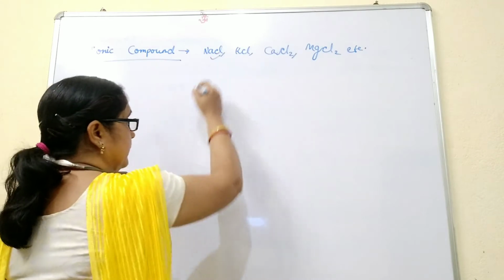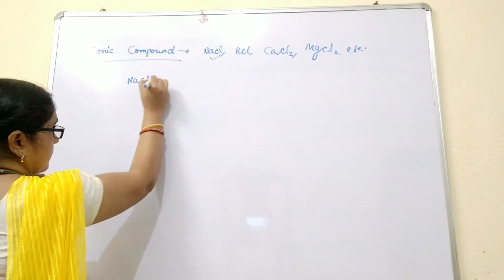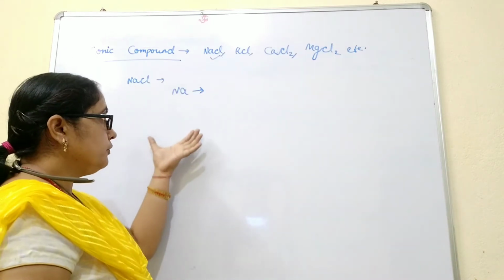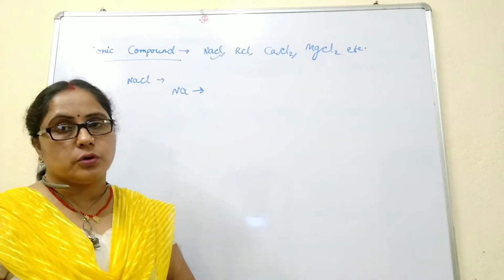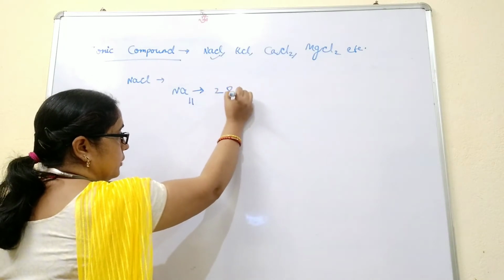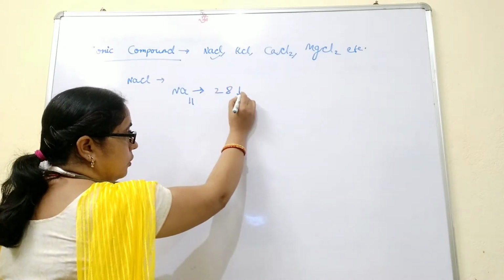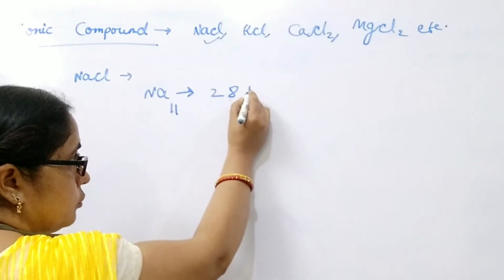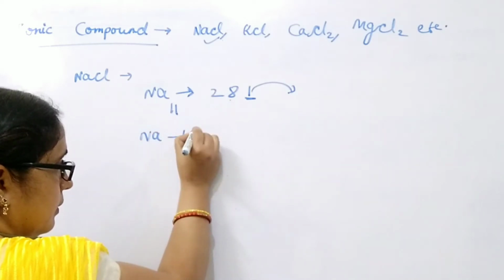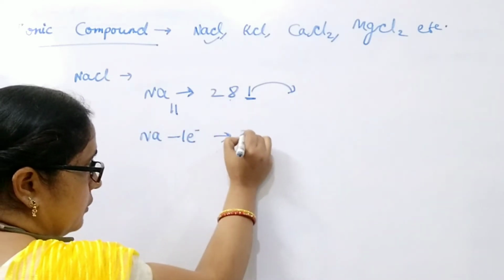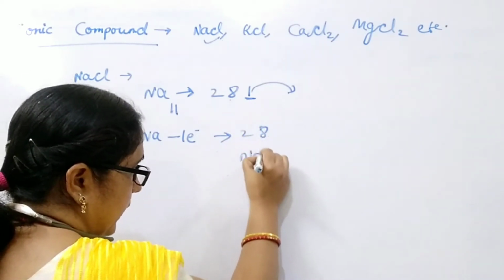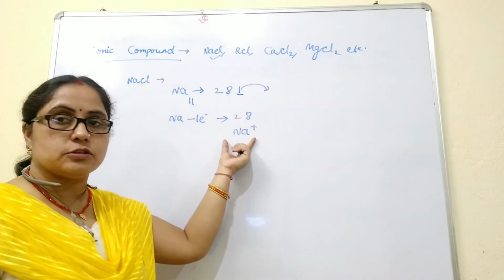Now we will start with NaCl. Sodium chloride is formed from two elements, sodium and chlorine. First of all, the sodium atom changes into a sodium ion. The atomic number of sodium is 11 and its electronic configuration is 2, 8, 1. The valence electron is 1, so it completes its octet by losing one electron. And when it loses one electron, it has the electronic configuration 2, 8